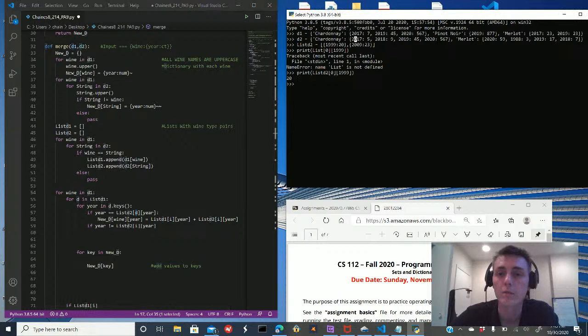It just means that it's going to look for 2017. Actually no, that's just D, so that's the index value. So D is an index value for D in list D1, so that's 0. So if year is equal to list D2 0,